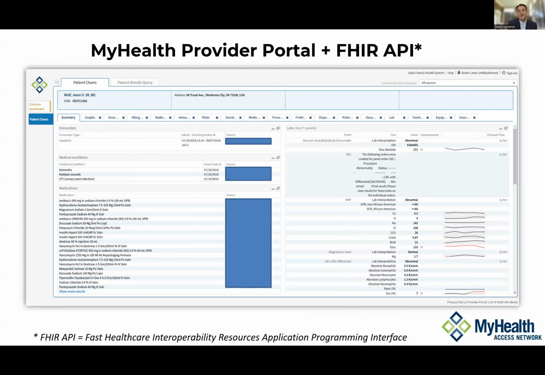In addition, this is the new required standard for data to be stored in for interoperability. It's called FHIR, Fast Healthcare Interoperability Resources. It's a JSON-based data structure and is very well enabled for application programming interface access as well. So really moves with one step. MyHealth has moved all providers in the state of Oklahoma up to this interoperability standard.